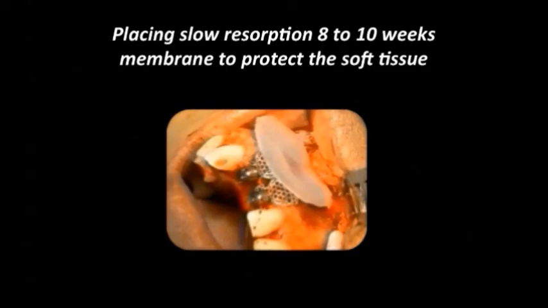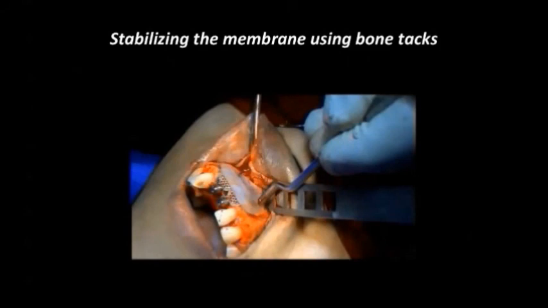So we place this membrane. As you can see, this membrane would take about 8 to 10 weeks to resorb. After getting this membrane in position, we have to fix the membrane, and I use the bone tags. It's very simple to use the bone tags. Make sure that when you use the bone tag, you don't hit the roots of the adjacent teeth. It's a short bone tag,